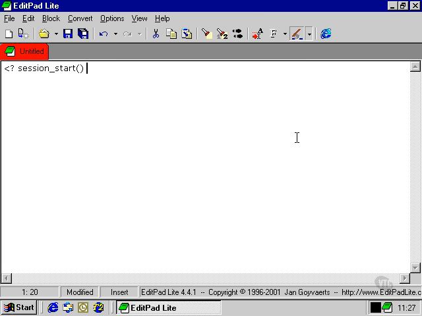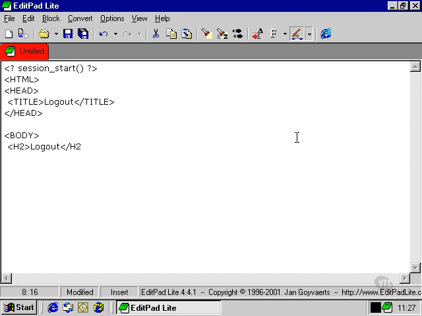For our logout page, we'll need to start the session at the beginning of our script, and then we'll format this page similarly to the other pages within our login site. Include a header that says logout, and then a short script